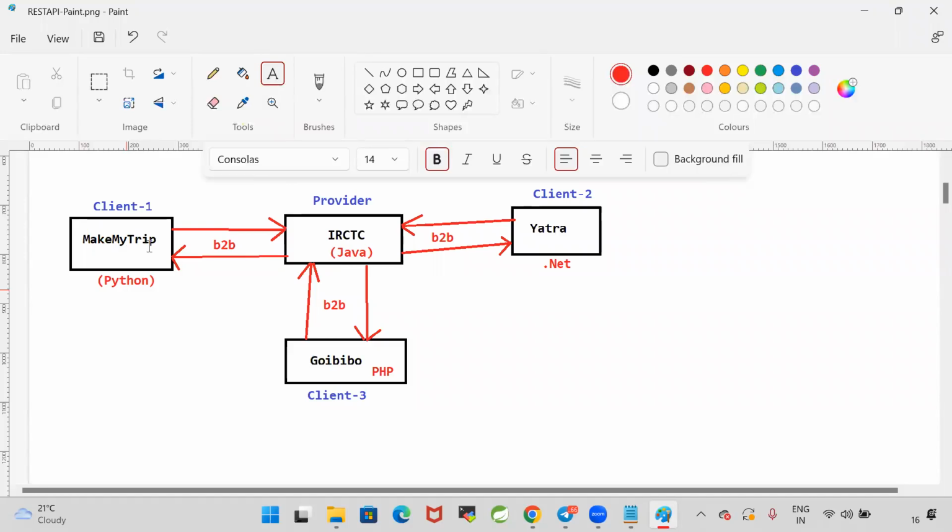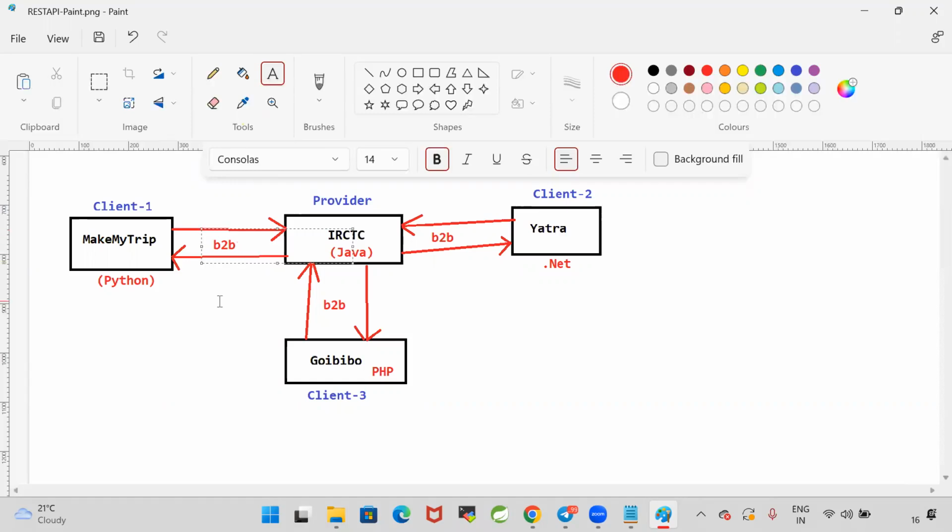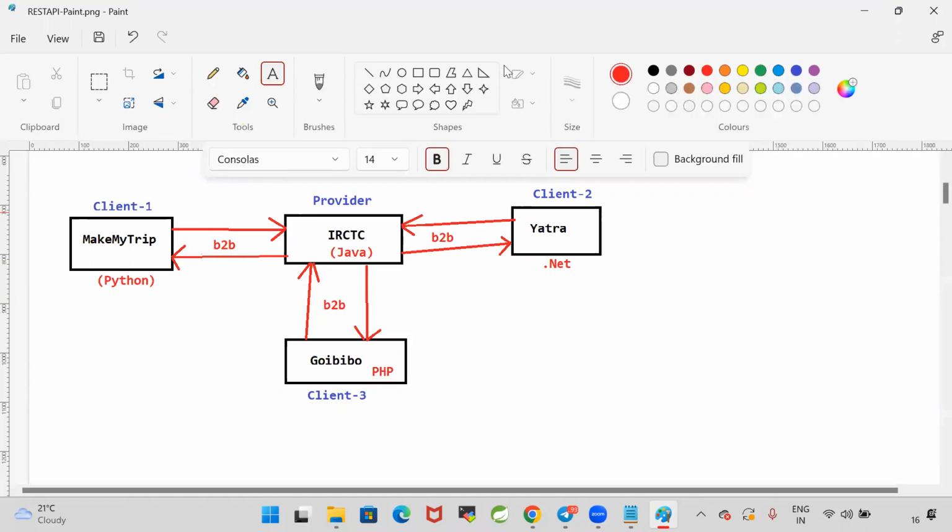Customer will access the Make My Trip. Customer will give the data to the Make My Trip. Make My Trip will internally give the data to IRCTC to execute the logic. IRCTC will execute the logic. IRCTC will book the ticket. IRCTC will send the ticket data to the Make My Trip. That is B2B. So if one application wants to communicate with another application, they need not be developed by